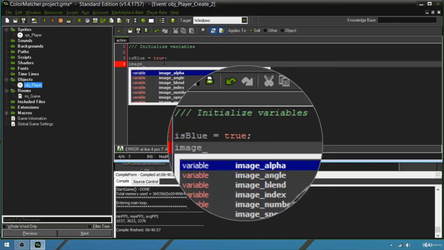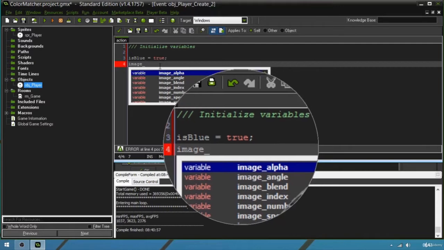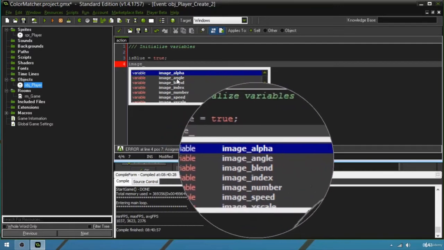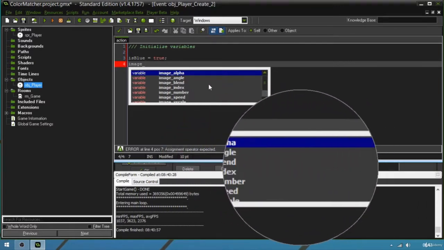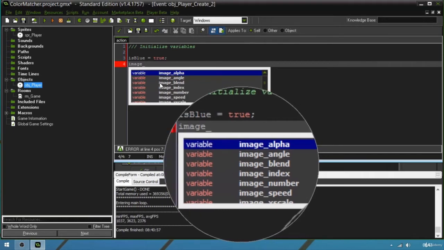and notice that if you start typing a variable name and you wait or you press Ctrl space, then you're going to have a handy window here that is going to show you some suggestions of what can be used with GameMaker. So this is kind of the autocomplete functionality. So if you start by typing image underscore and wait, you have a few things that you can change here. So you have the scale, speed, you can change the number, the angle, the alpha, and all of these things of course can be accessed by the great documentation of GameMaker,